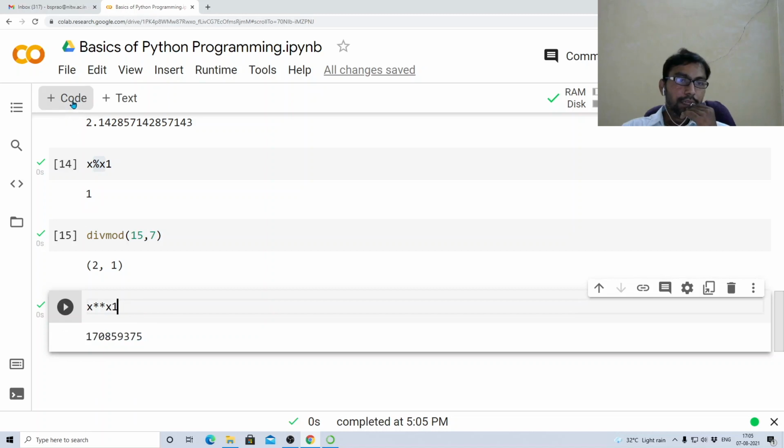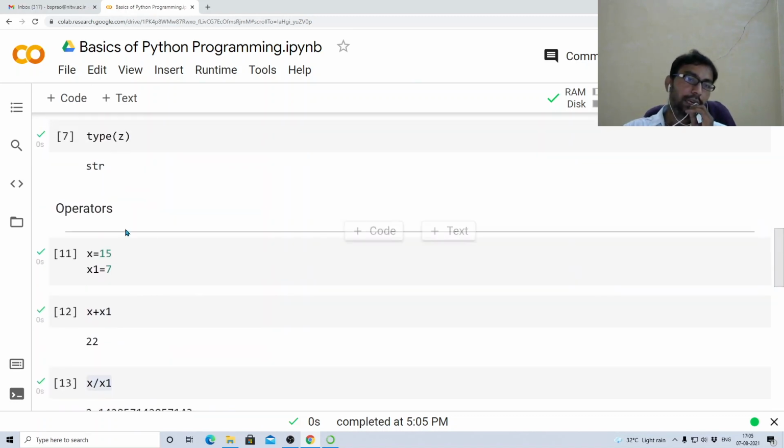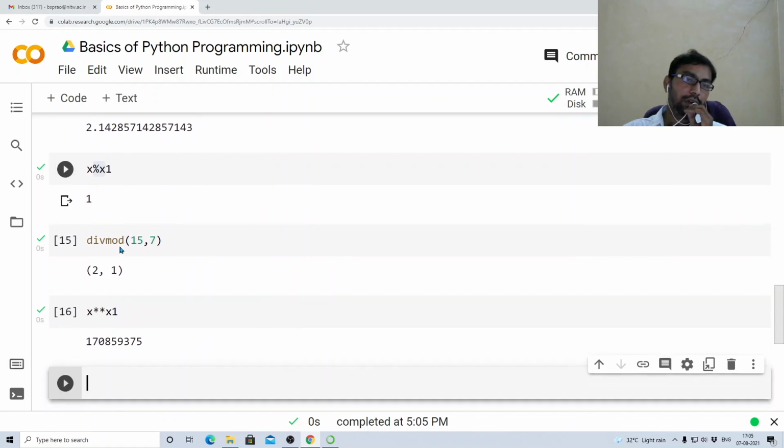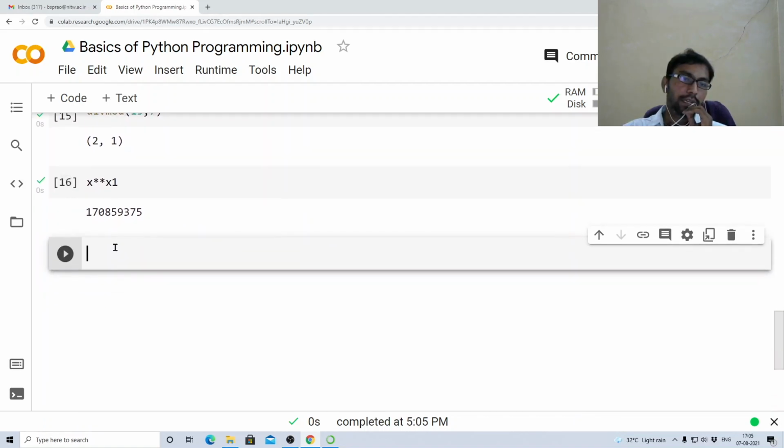Other operations are also there. So these are arithmetic operations: addition, subtraction, division, multiplication, modulo, then combining division and modulo, power operation, and so on.